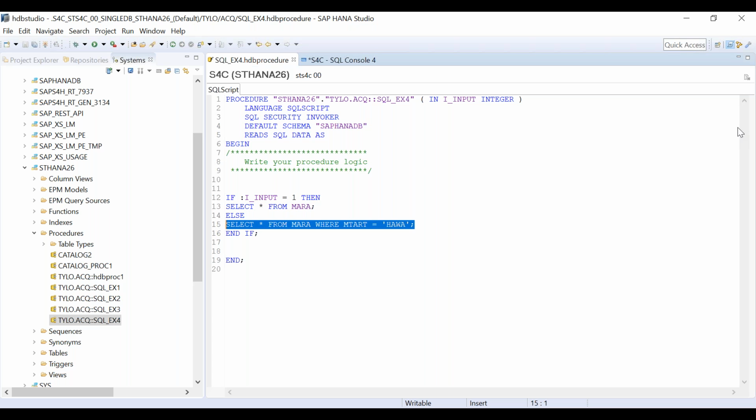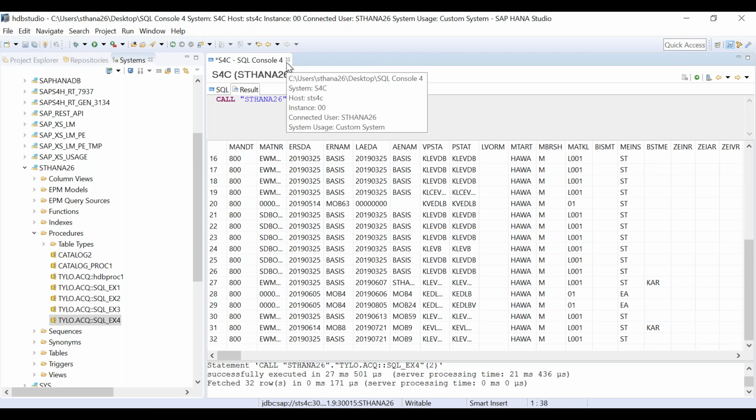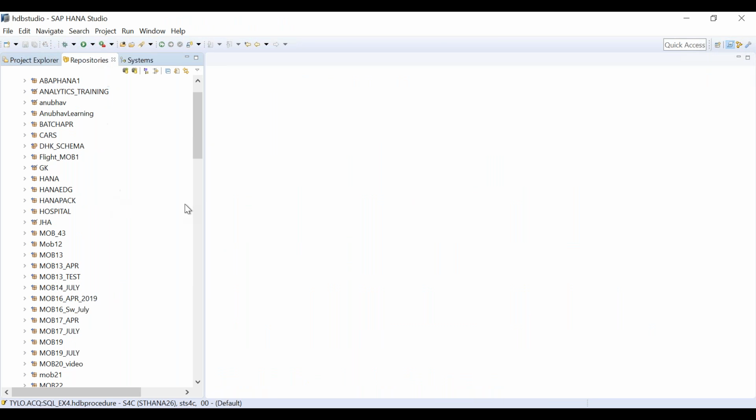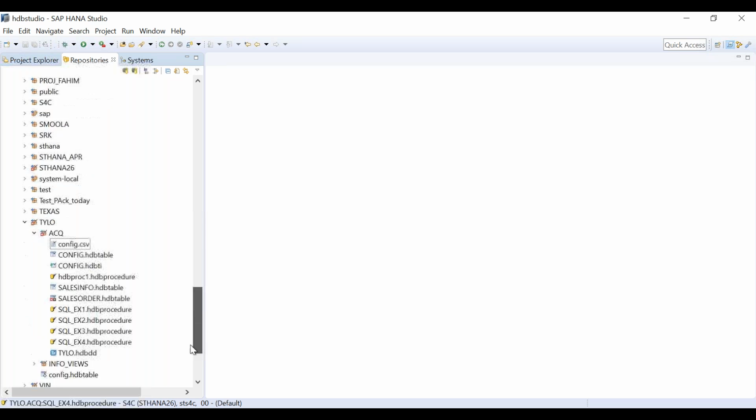Okay. So now what we will do, we will try to see the while condition and for condition, again, very simple. So let's close this. I'll just save it for your reference. Now go to your repository. Let's create one more procedure.